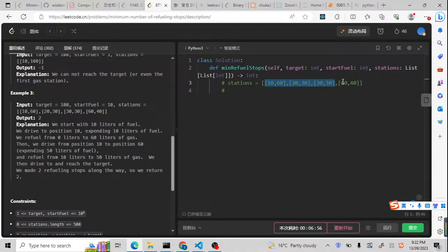So what should we do? We cannot go forward, but we can make a refill. Which station should we refill? We should always refill at the maximum of the gas. It is 60. Because even if we go here, for example, we have 10 plus 60, it is 70. If we refill at 20,